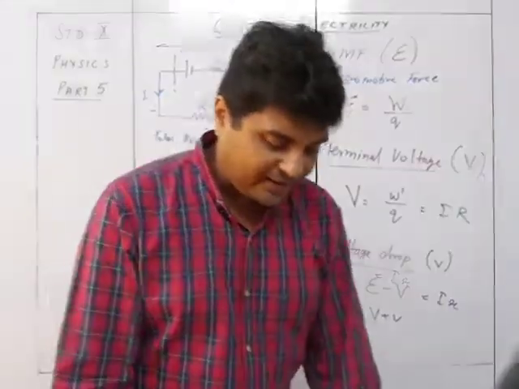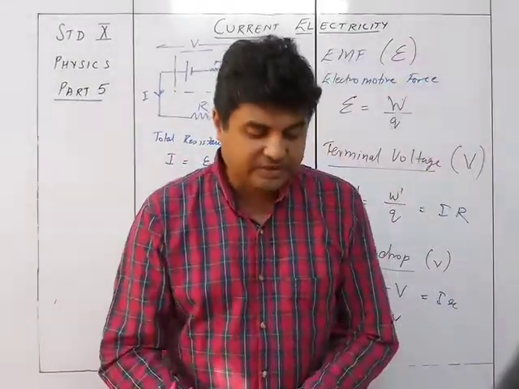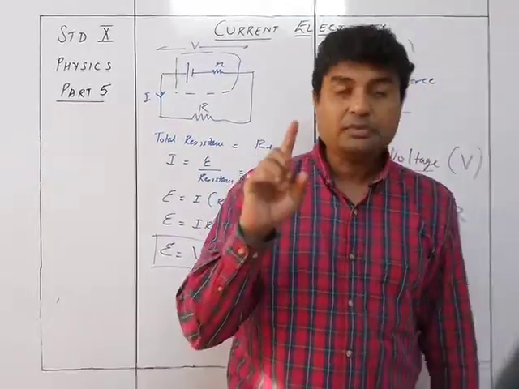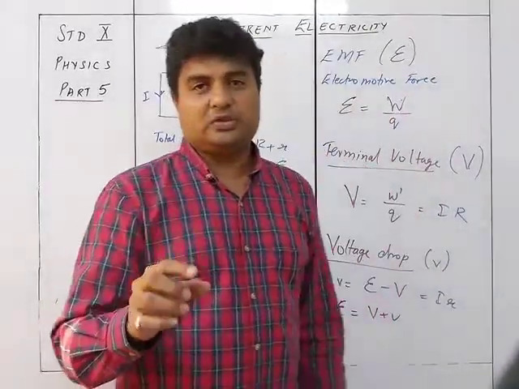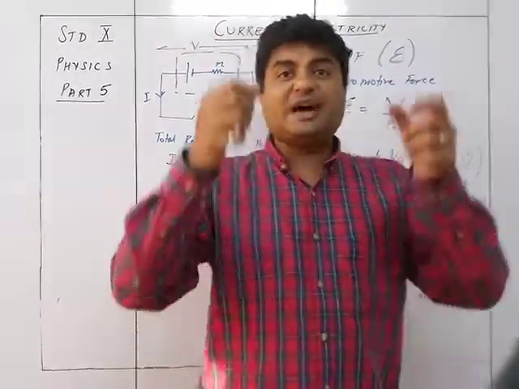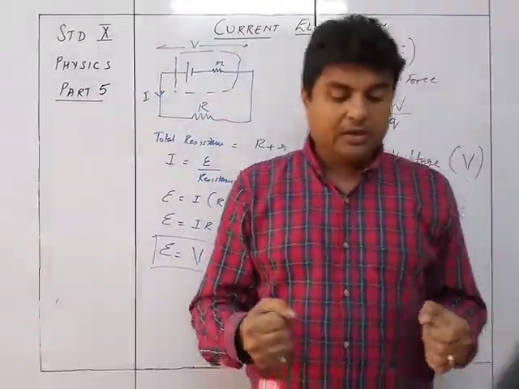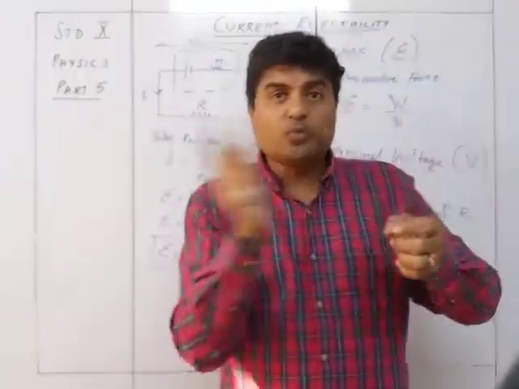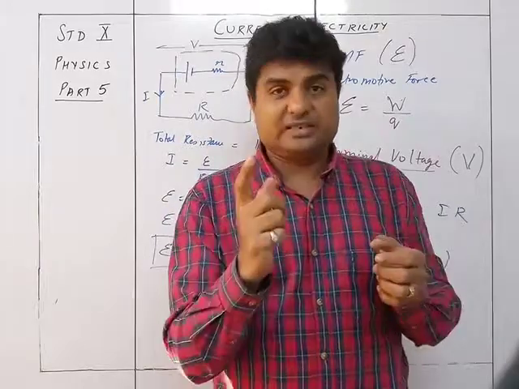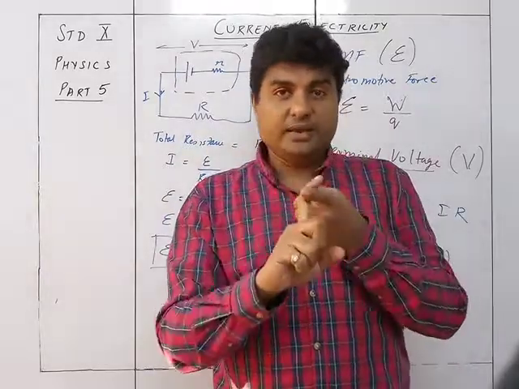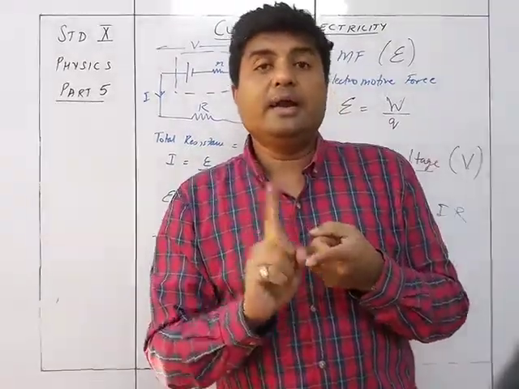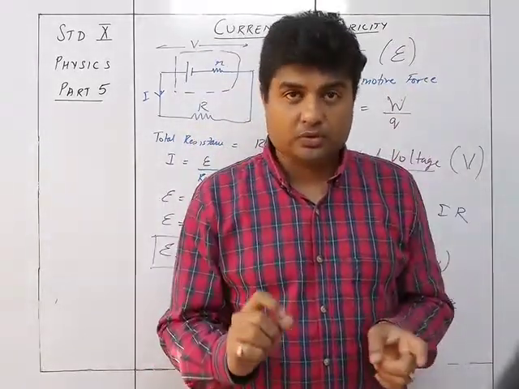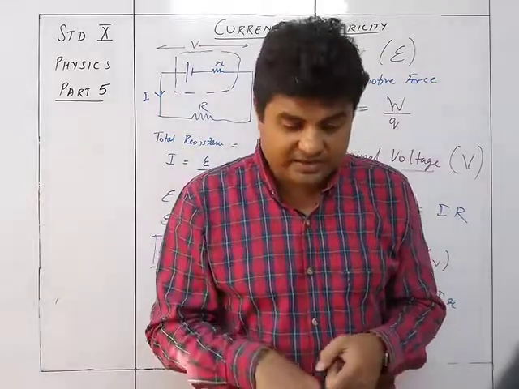So now the factors affecting the internal resistance. So let's see those. The internal resistance of the cell depends upon 4 factors. The surface area of the electrodes. जितना ज़्यादा surface area, the internal resistance will be less, because जितना ज़्यादा surface area, the electrons will be able to move faster. That's why the resistance will be less. Okay. So first thing, the internal resistance will be inversely proportional to the surface area of the electrodes. More the surface area, lesser the internal resistance.